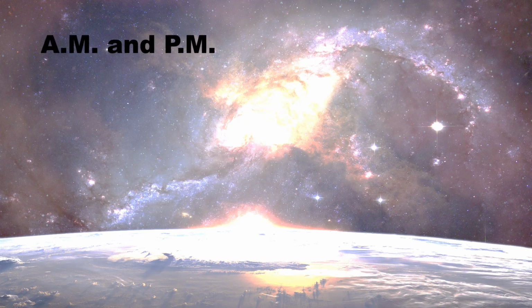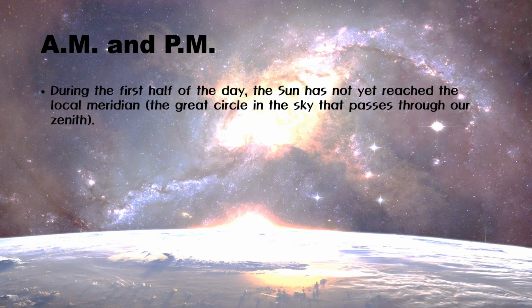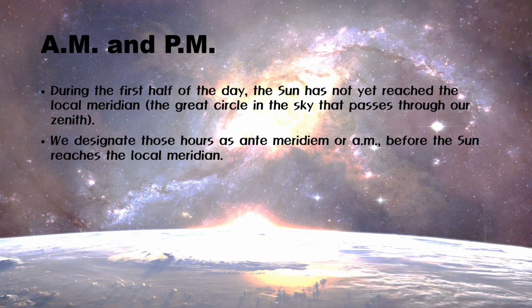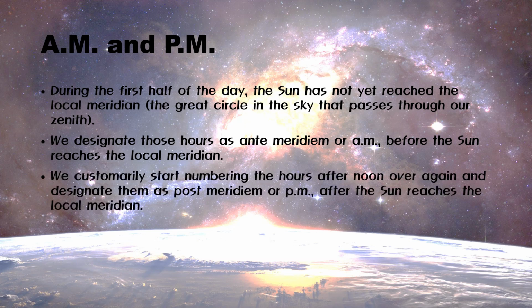And so that got us into this concept of AM and PM. Now, during the first half of the day, the sun has not yet reached the local meridian, which is, of course, the great circle in the sky that passes through its zenith. We designate those hours as antemeridium or AM before the sun reaches the local meridian. Now, we customarily start numbering the hours afternoon over again and designate them as post-meridium or PM after the sun